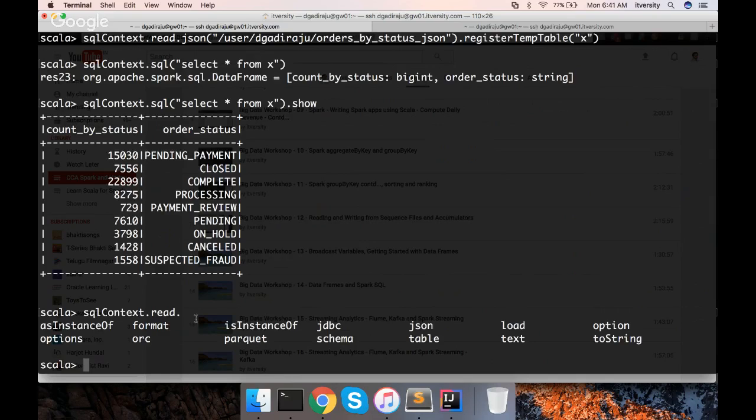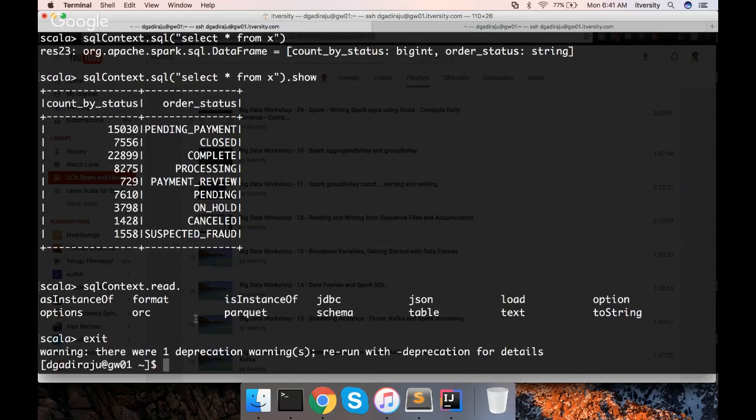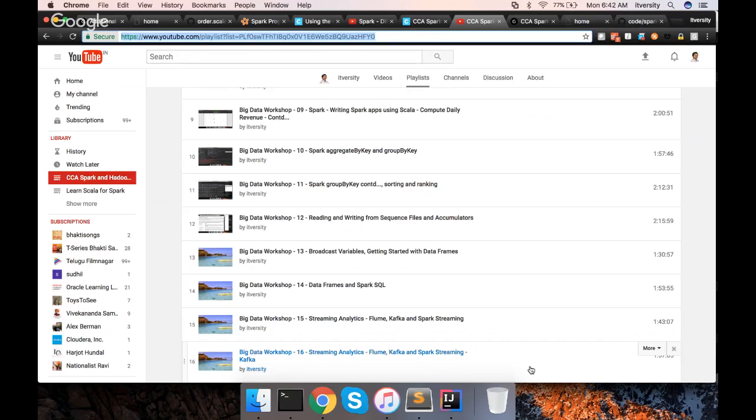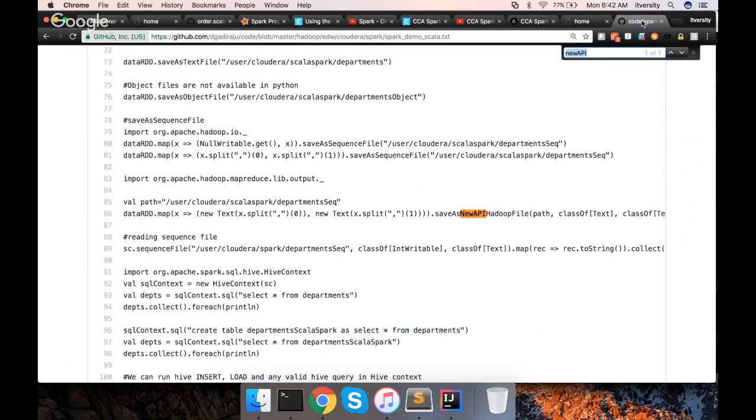For that reason, if you want to practice for the certification purpose with avro as well, what you have to do is start your Spark session something like this: spark-shell --packages com.databricks:spark-avro_2.10:2.0.1. To get more details, you can go to Google and search for Spark avro.